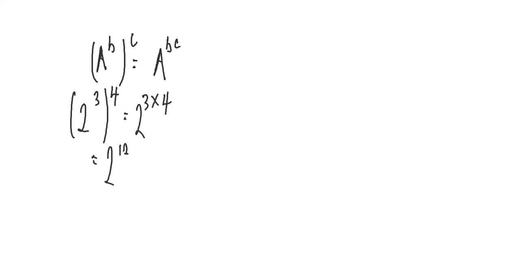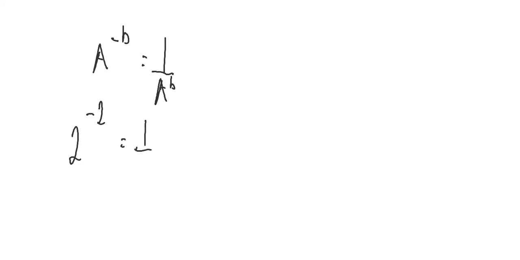So another rule is the negative index. When we have a number or a variable raised to the power of a negative number, for instance, if I have a raised to power minus b, the minus here becomes the reciprocal, 1 over a raised to power b. So if we have a problem that results into, for instance, 2 raised to power minus 2, the minus becomes 1 over 2 raised to power 2, which eventually becomes